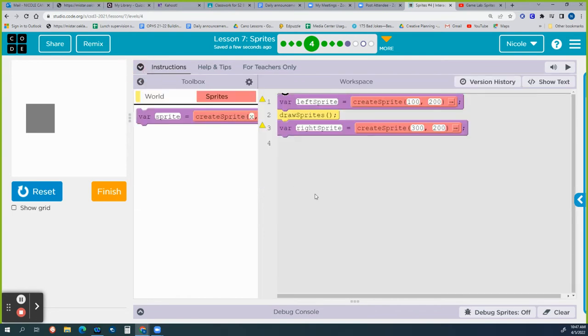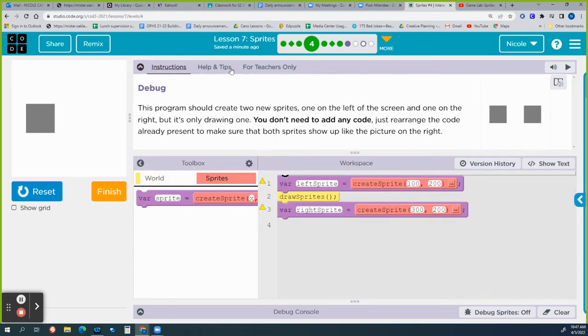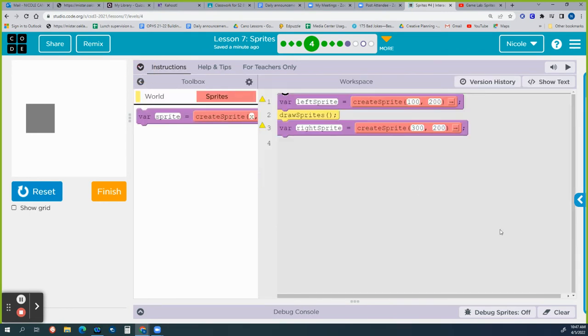So, taking a look at the code, what do you think is the problem? Remember, computers read code from line 1 down. What should be rearranged here so I can see both of my squares just like in the image? Either unmute or put it in the chat. Draw a sprite. Where should I move draw sprite to? Under the